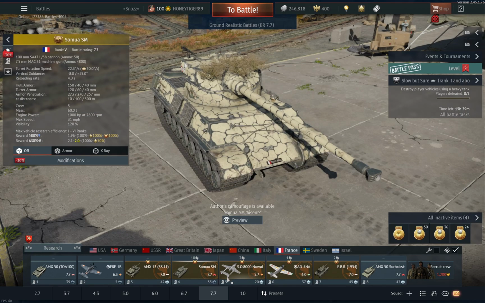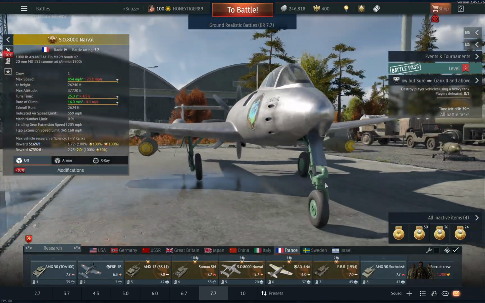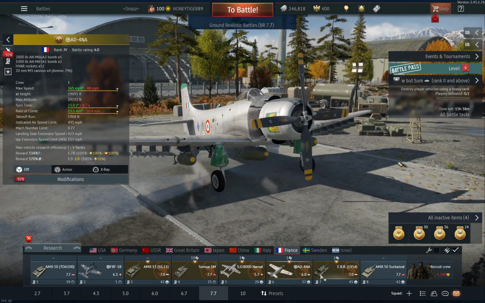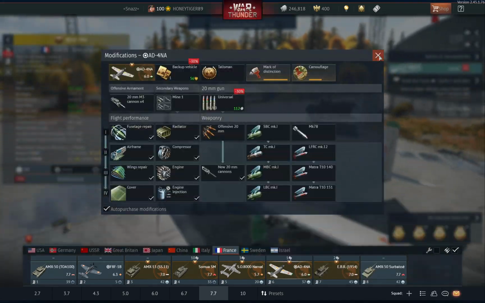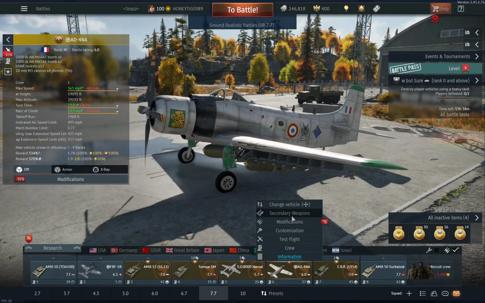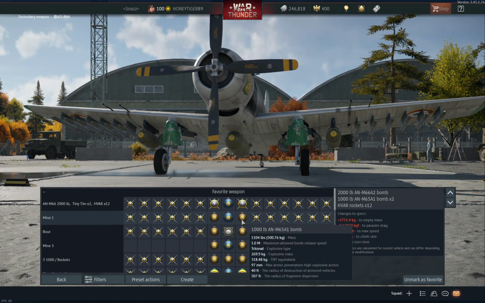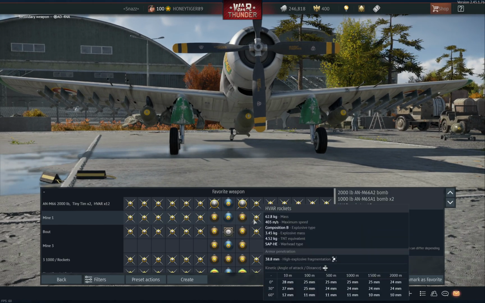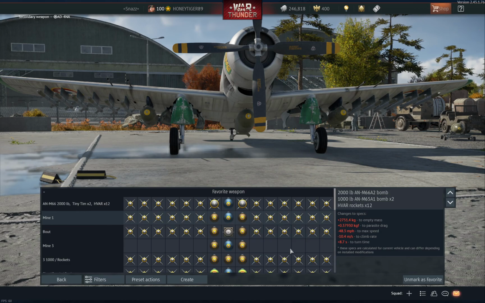There's nothing unique apart from that, but it's not that great compared to the 84, which can have a big bomb load compared to that. Where you can have a 2,000 pound bomb and 2 1000s and a load of missiles. You can have 12 Havocs,